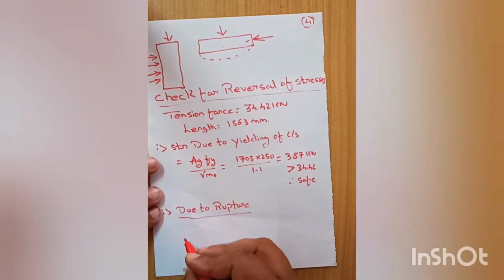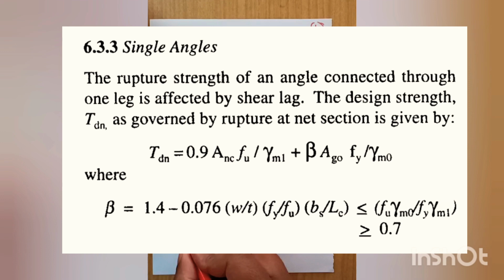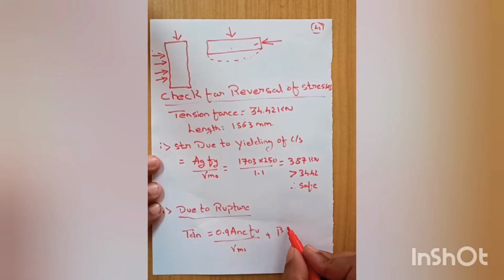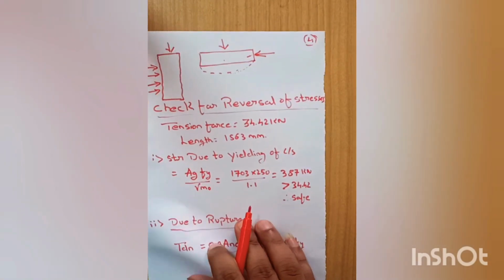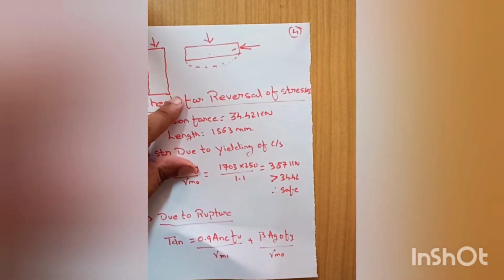Now, rupture due to critical section is given by Tdn equals 0.9 Anc Fu by gamma m1 plus beta Ago Fy by gamma m0. Now here,